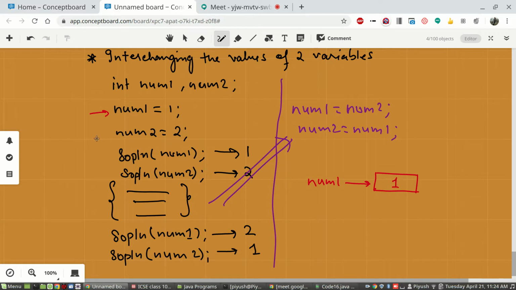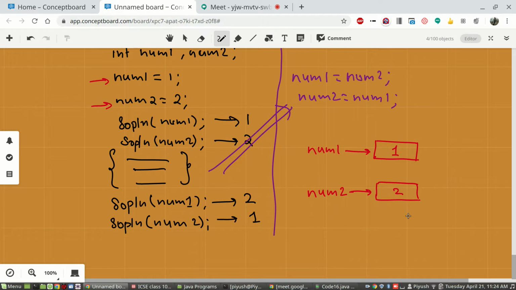Now when you reach the third line, what is a variable location? A location in the memory, labeled as num2, will store the value 2. We are done till that point.